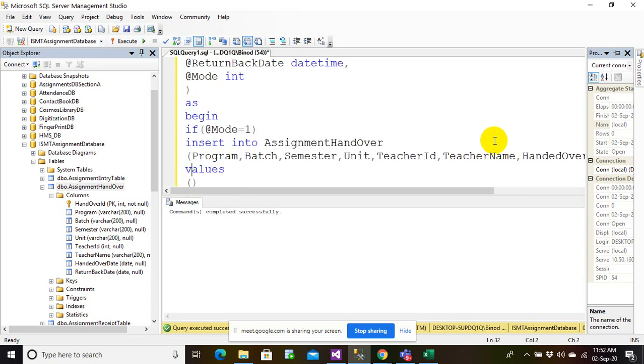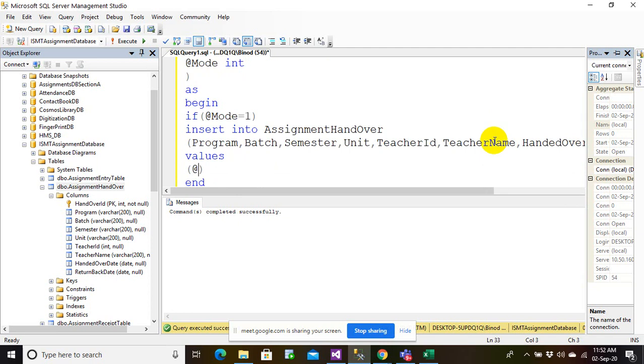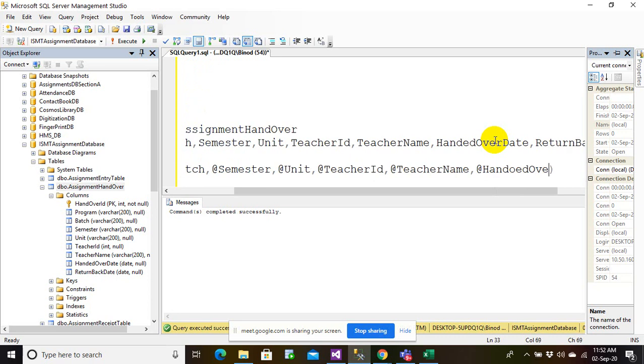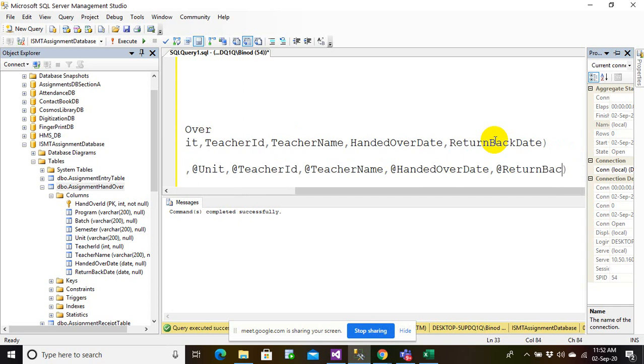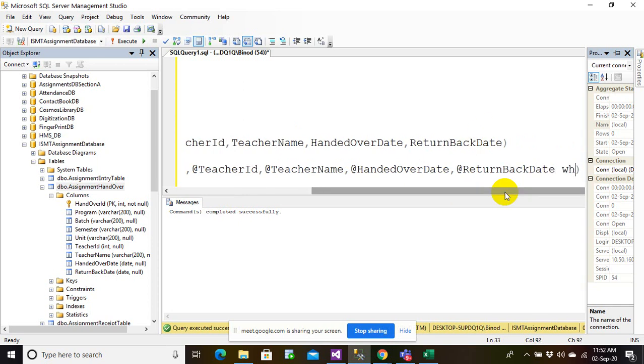Alright everyone, here you have the program, batch, semester, unit, teacher ID, teacher name, and then handed over date, then return back date. Okay, so this is all done with update where